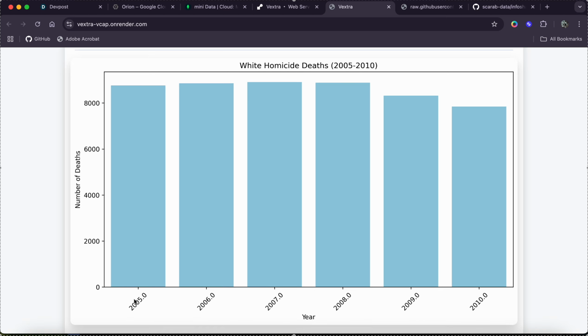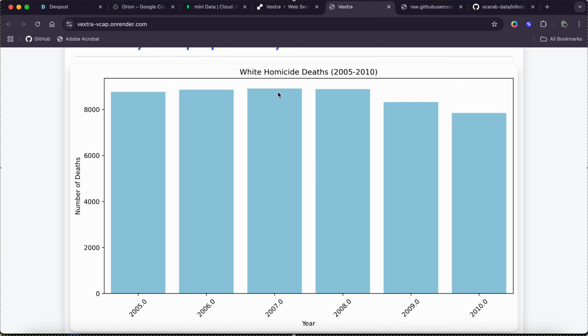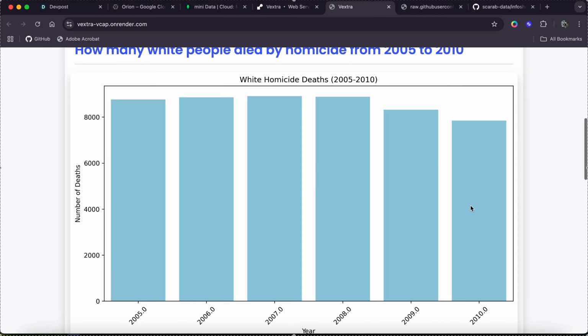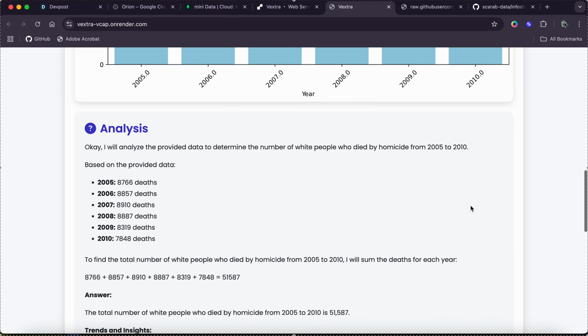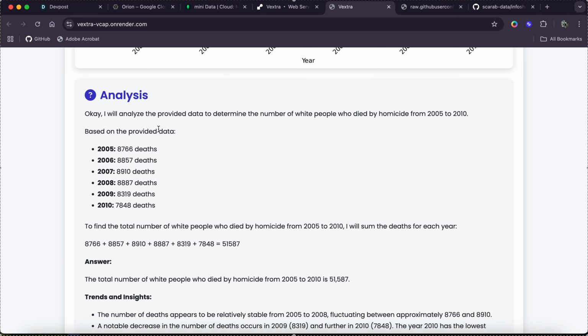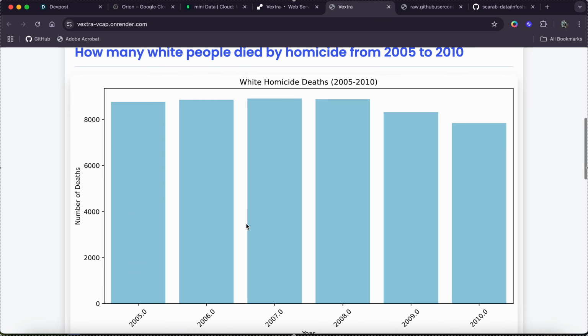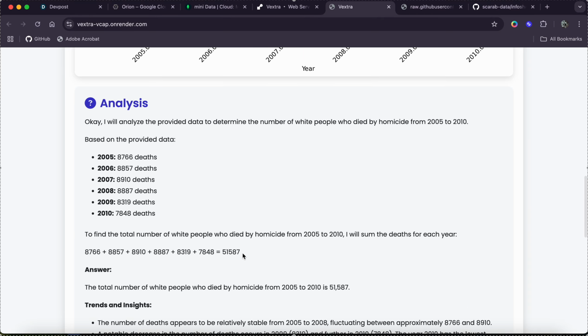And so what we can see, we have our years lined out. We have 2005, 2006, 2007, 2008, 2009, and 2010. And we've got our deaths by homicide here. So honestly, it was pretty constant throughout those years. Let's see what Gen AI had to say based on the provided data. It goes through all of its logic here, how it found everything. It even gives us a total of all of the deaths, which was